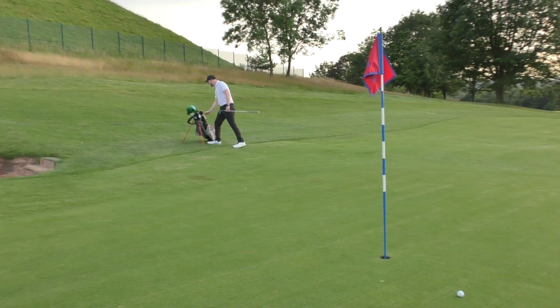It's going to start to make you think about what shots you're doing and what shots you have to play, because you'll have to try and manipulate the ball a little bit more, and you'll have to gain a little bit more club control. And to put that to the test, we're going to go back to the 7th tee